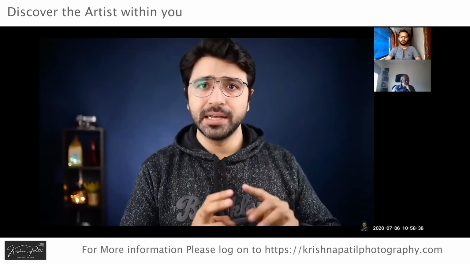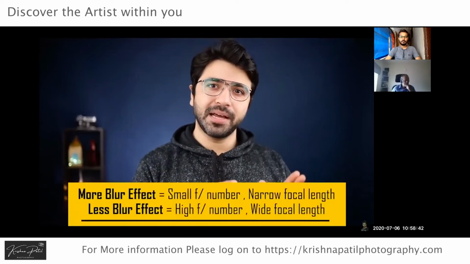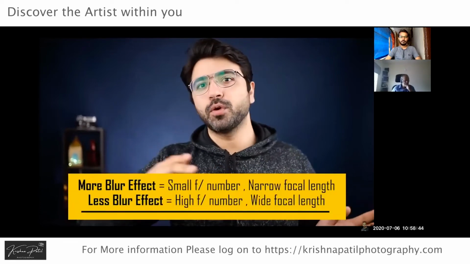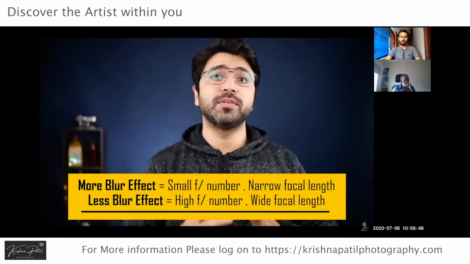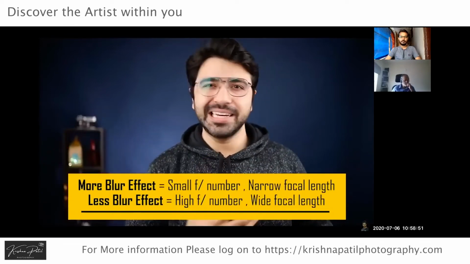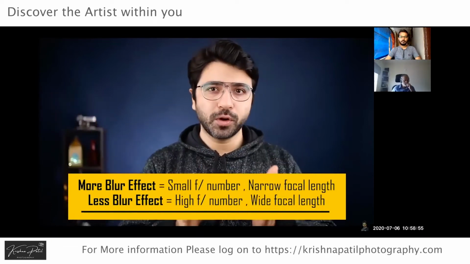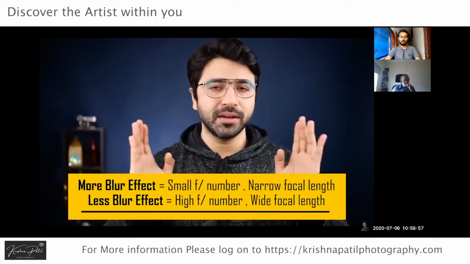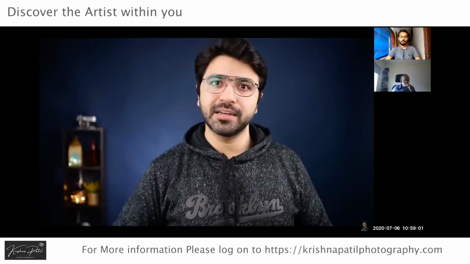तो अगर मैं सिंपल टर्म्स में बोलूं, आपको ब्लर इफेक्ट ज्यादा चाहिए, आप अपना एफ नंबर कम रखोगे और अपनी फोकल लेंथ ज्यादा रखने का ट्राई करोगे। वही अगर आपको डेप्थ ऑफ फील्ड ज्यादा चाहिए, आपको ब्लर इफेक्ट नहीं चाहिए, तो उस सिचुएशन में आप एफ नंबर ज्यादा रखोगे और अपनी फोकल लेंथ को जितना वाइड हो सके उतना रखोगे। अब हम आते हैं थर्ड फैक्टर पे जो अफेक्ट करता है आपकी डेप्थ ऑफ फील्ड,